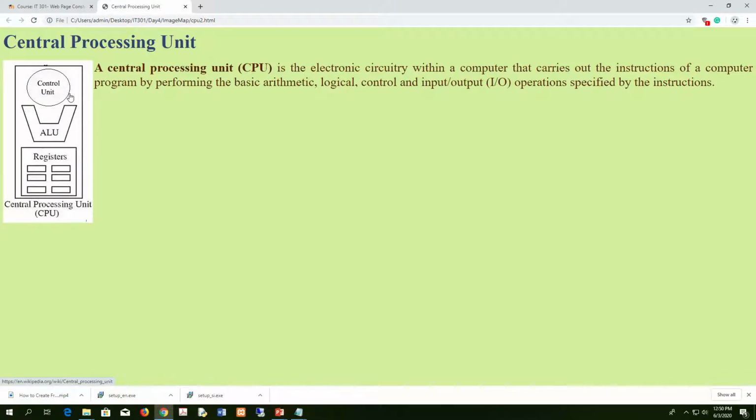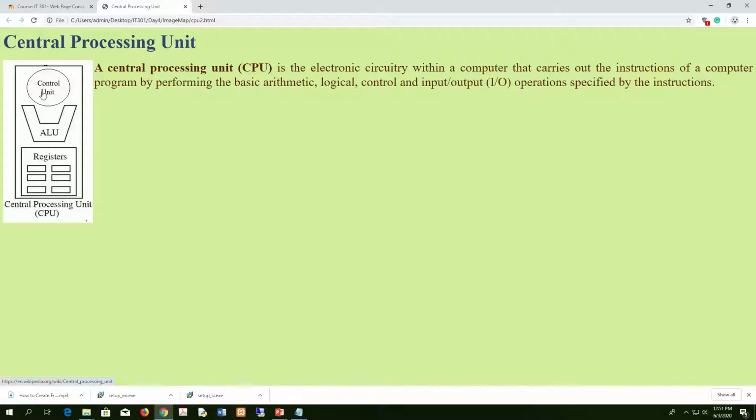Now what I want to do, actually this is the place where image map comes into the picture. In this image, there are several shapes. This can be considered as a circle, this can be considered as a rectangle, and this can be considered as some kind of polygon. When I click on these different areas, it should be directed to the relevant